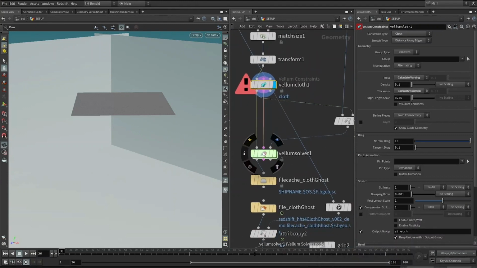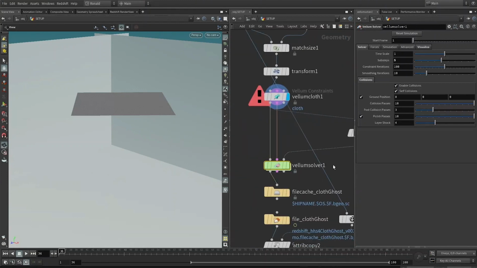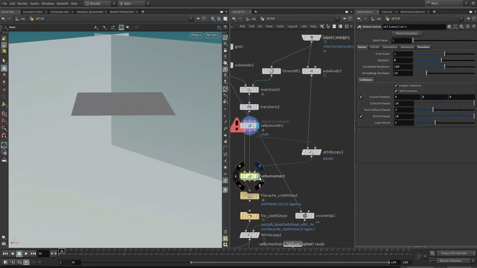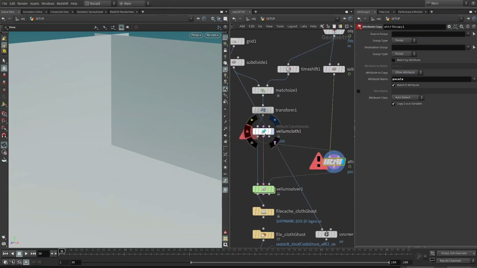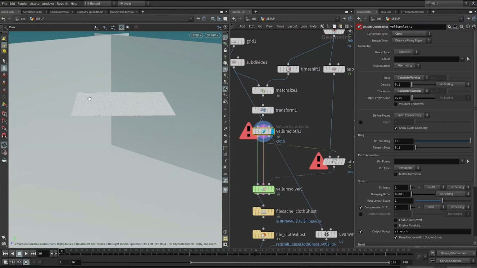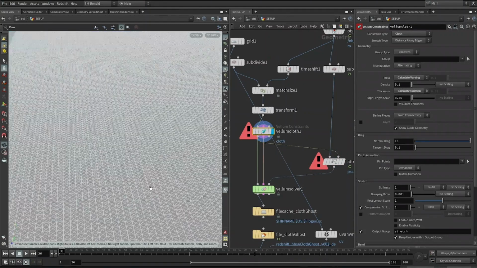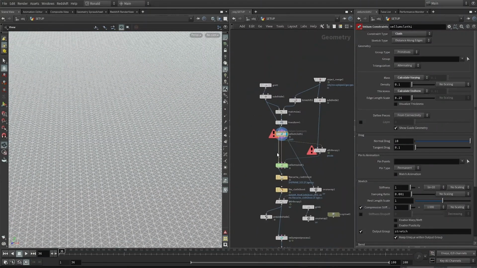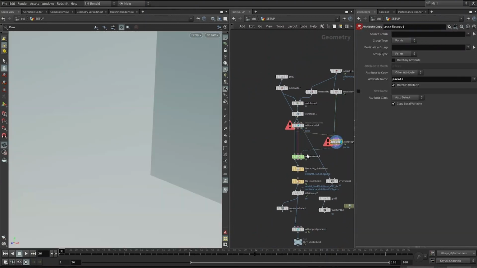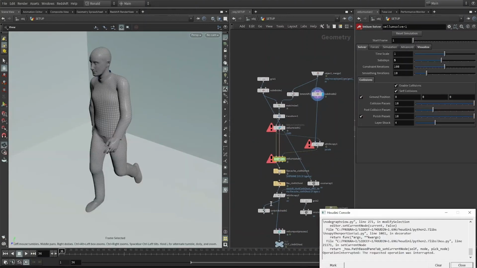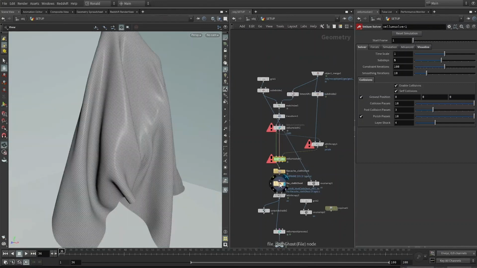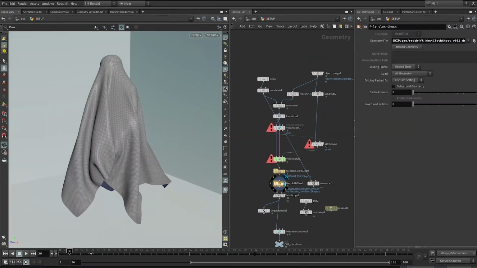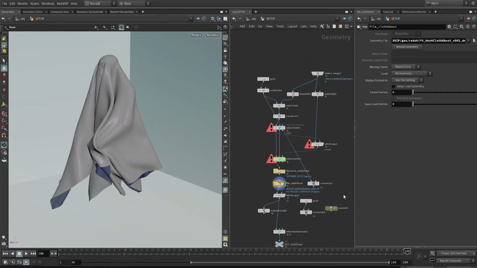And we dropped down a Vellum solver, to which we fed in the collision, and we turned on the ground plane. The only tricky thing we did here was to steal the p-scale value that is very nicely established over here automatically by the Vellum configure cloth, to get the very nice p-scale onto our collision object like this, so that we can get a nice solve. And after which we did our solve, we brought it in like this,